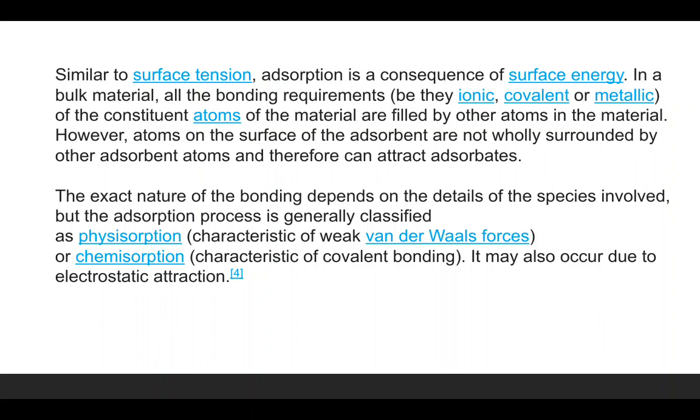The other adsorption is chemisorption. So this is the characteristic of covalent bonding. So it is stronger than physisorption. Chemisorption is a kind of adsorption which involves a chemical reaction between the surface and the adsorbate. So new chemical bonds are generated at the adsorbent surface. Examples include microscopic phenomena that can be obvious, like corrosion. Yes, corrosion is an example of chemisorption, and the subtle effect associated with the heterogeneous